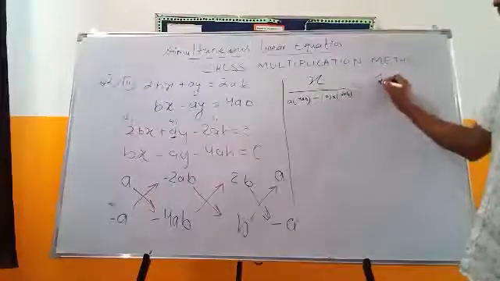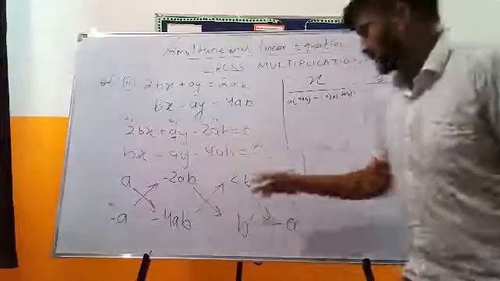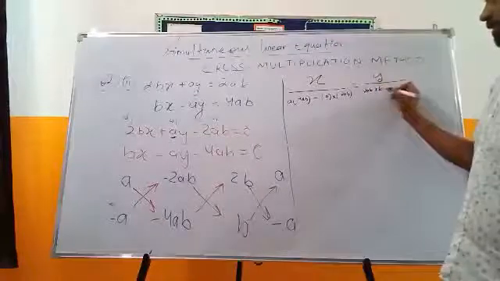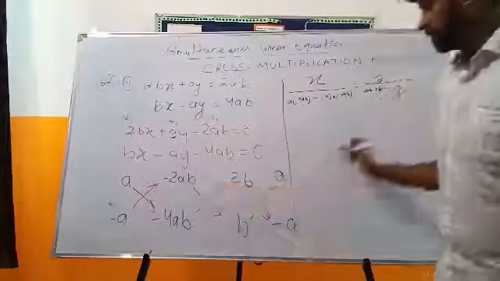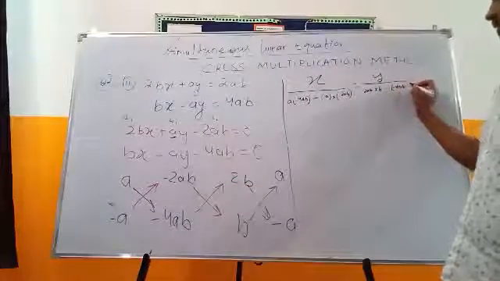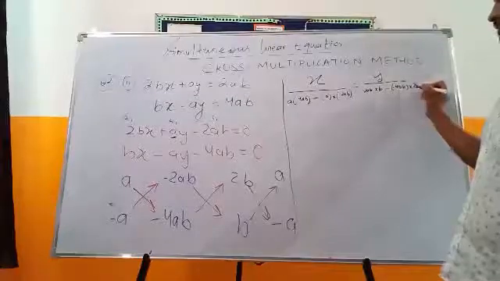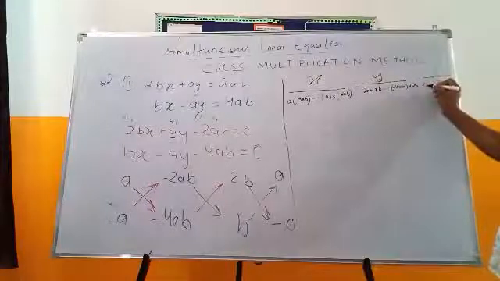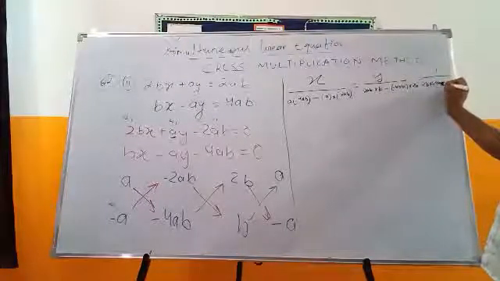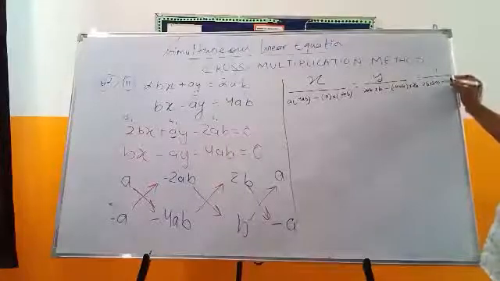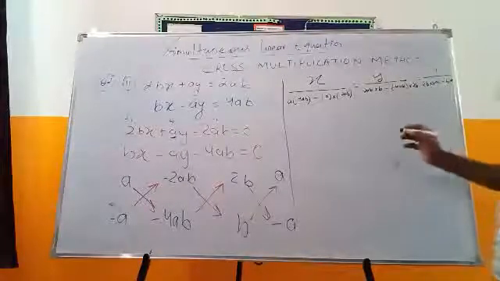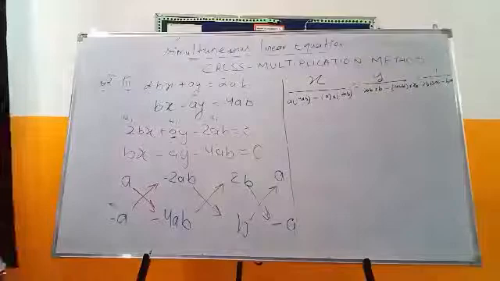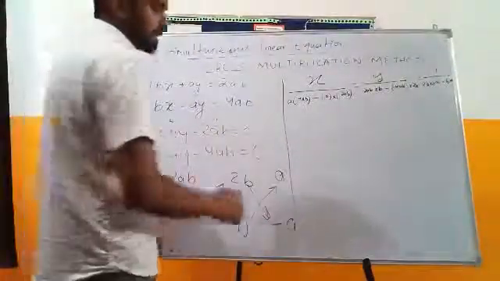Equals to y upon minus 2ab into b, and then minus 4ab into 2b, equals to 1 upon 2b into minus a minus b into a. I hope that's clear for you guys. If I have been writing very small, you can just figure out what I have been writing, but I hope it's gonna be clear for you guys.